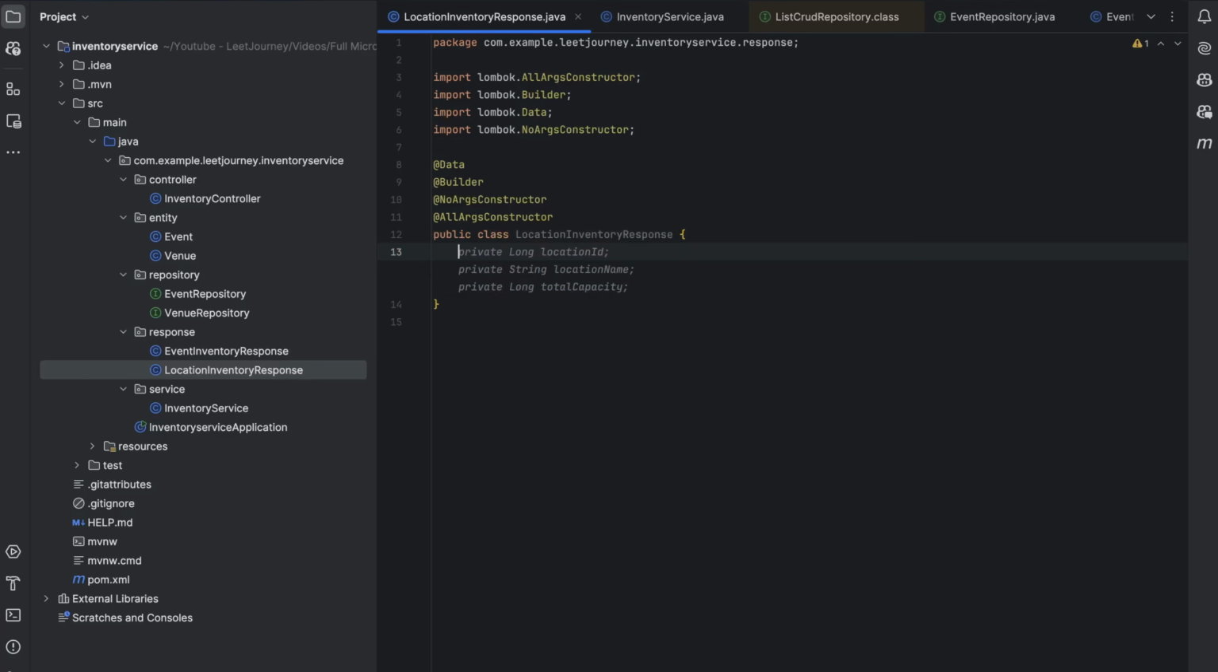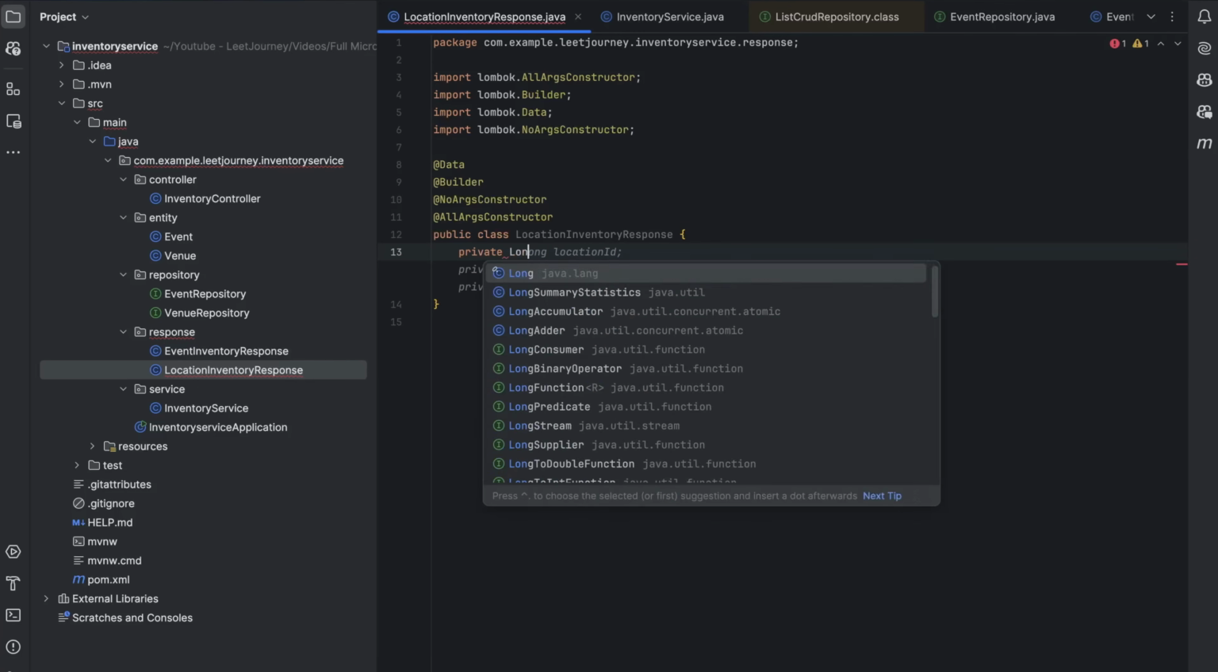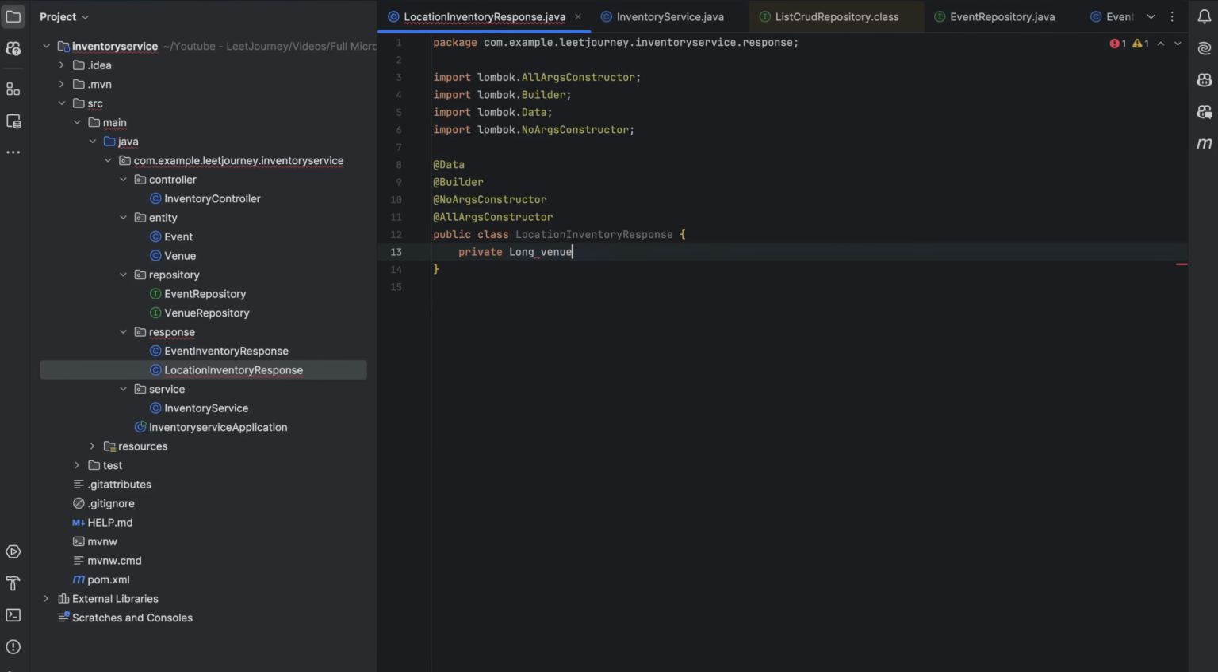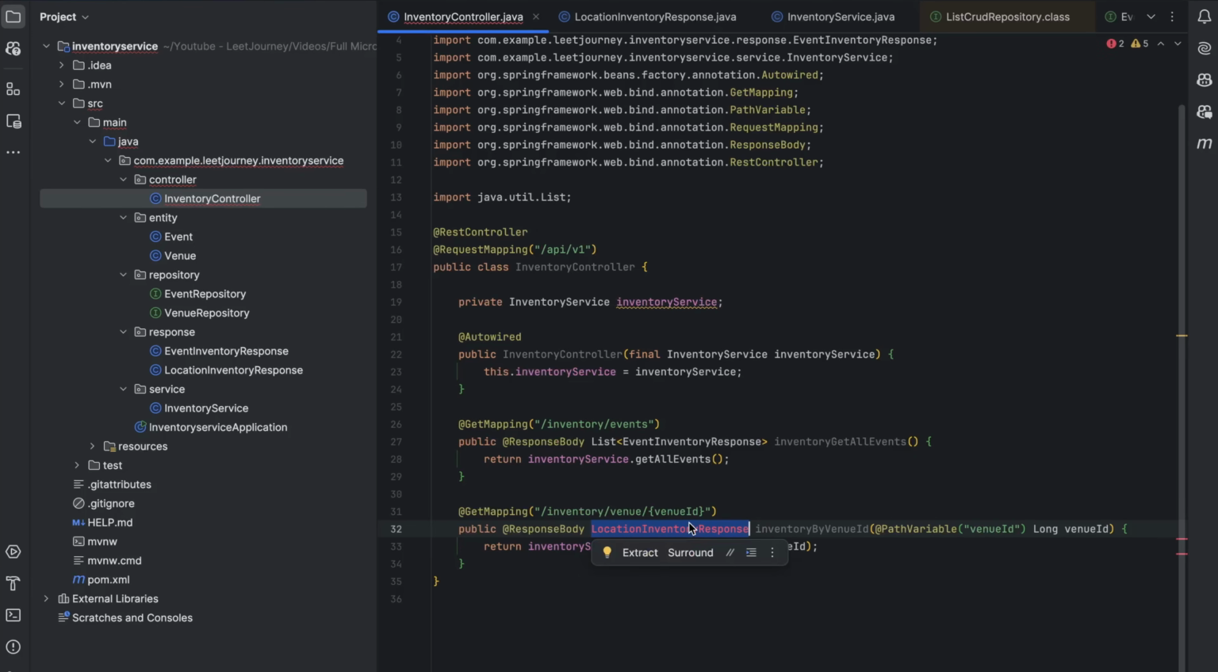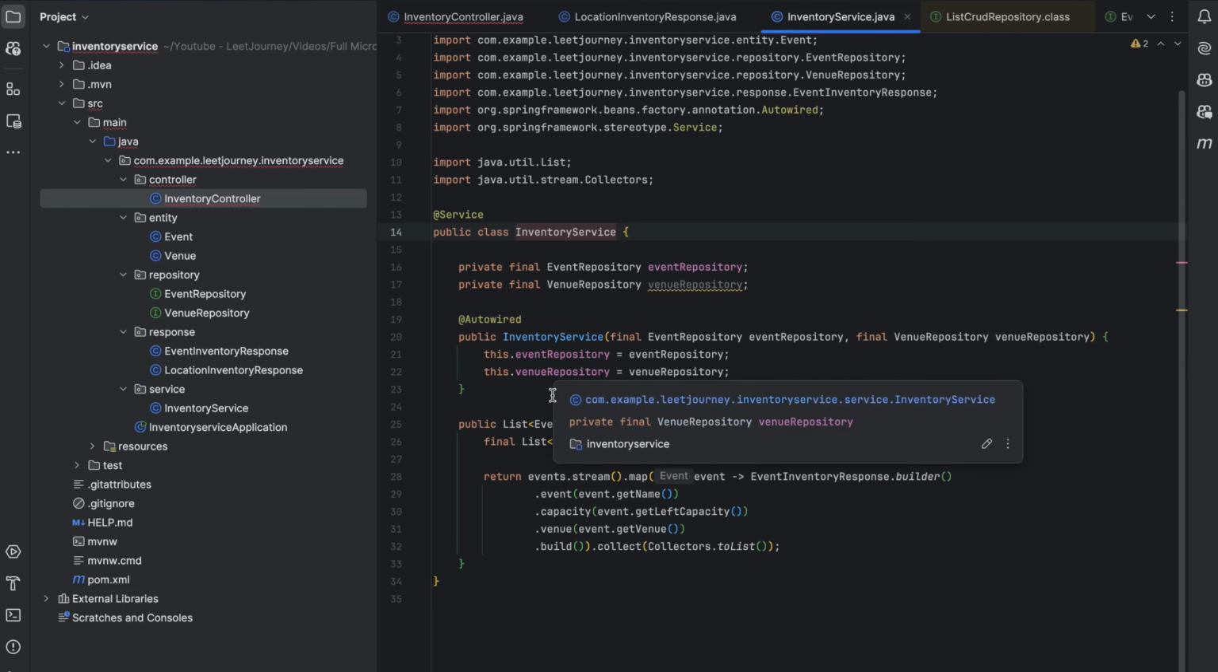And in here, we will be returning the ID of the venue, venue name, and also total capacity. I think that's enough. So if you go to the controller, we can import our inventory response class. Now we need to create this method in the inventory service. So if you go in the inventory service class,